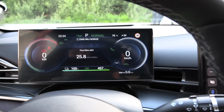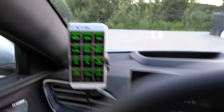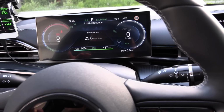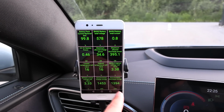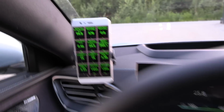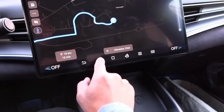Okay, sorry for that. So I charged the car to 100%, but it's not true 100%. I mean, we have 99.8. Okay, so I will count that, because if I plug in now, it will not charge back to 100%. But whatever. And the car is so weird, so we actually have to look at Car Scanner. We have to look at discharge energy versus charge energy, and by looking at these we can figure out how much we consume, because whatever we see here or over here in the new energy here,